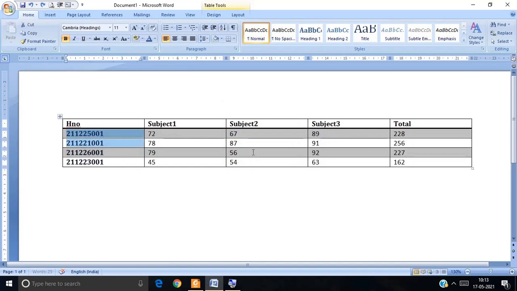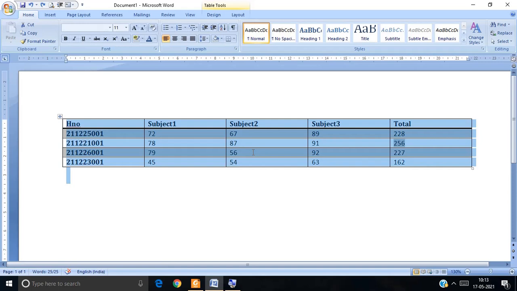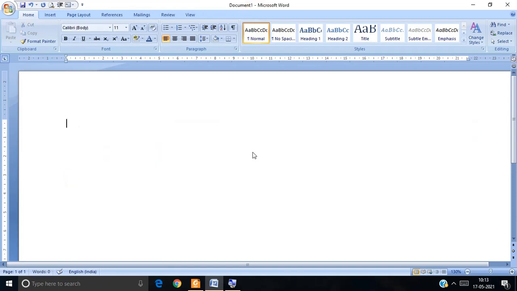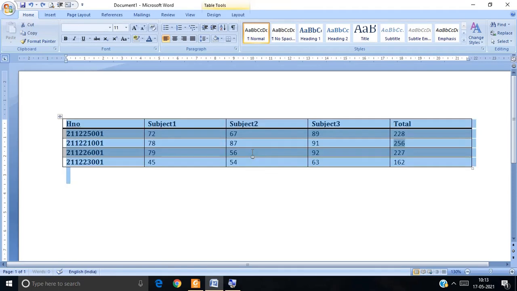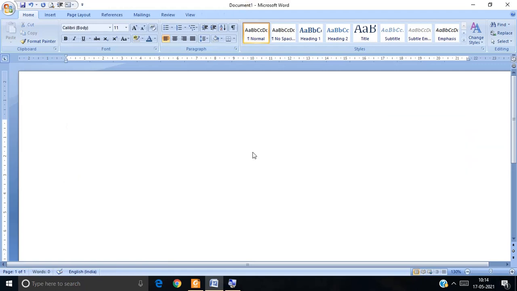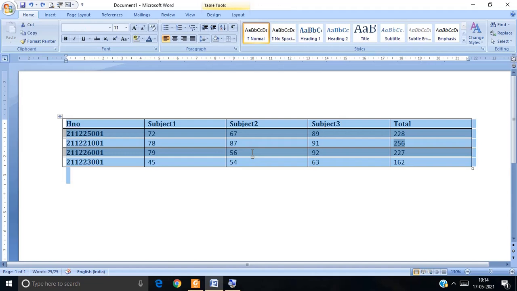So like this we have different types of options in the cells. And if you want to delete the entire table, you can select the data and press the delete button. Automatically the table will be deleted. So now I am pressing the delete button, the table is deleted, and then I am undoing this option.